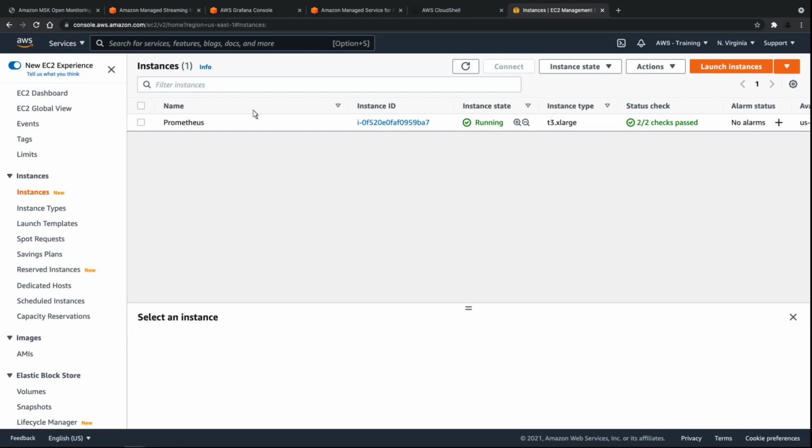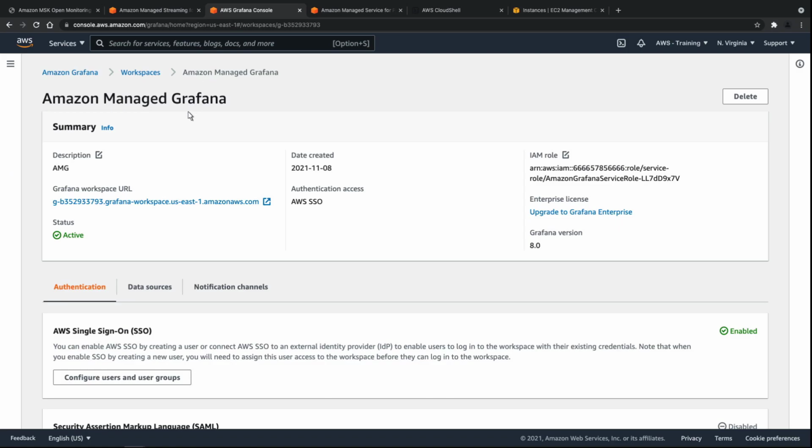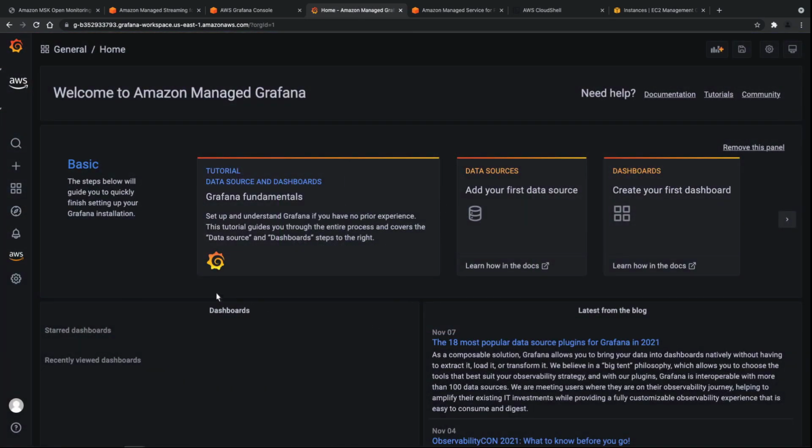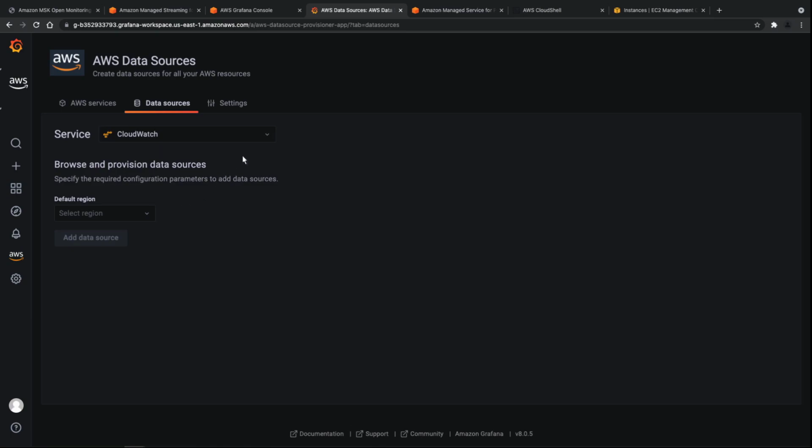From here, we'll connect to our Amazon Managed Grafana workspace and add AMP as a data source. Let's sign in with our admin user credentials. Let's access the workspace's data sources and configure a connection with the AMP workspace we created earlier.